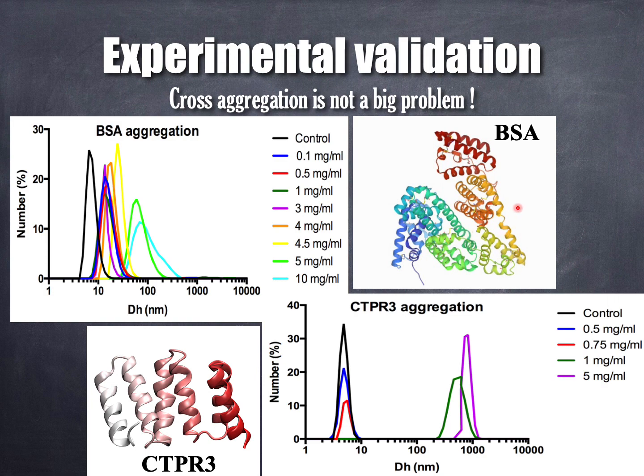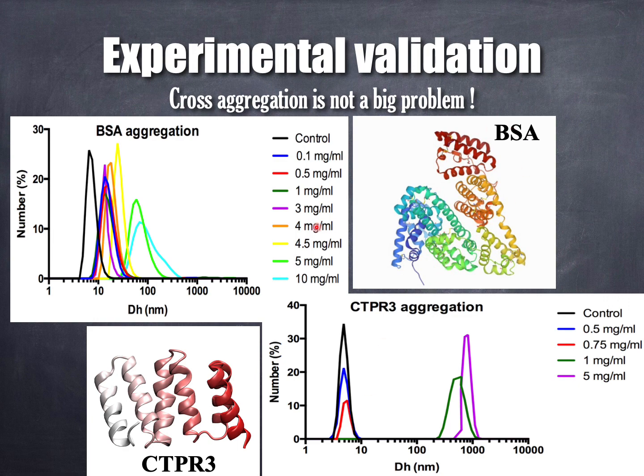different structures. So we first determined the aggregation of each protein separately, which for BSA, as you can see from this DLS data on the cluster size that they form, is about 4.55 milligrams per milliliter, while for the CTPR that has a very sharp and strong signal it is about 1 milligram per milliliter. And this was particularly useful because such a sharp transition is a very nice signal for aggregation, if there is any. So for us that was perfect to test if there was any cross aggregation induced by the